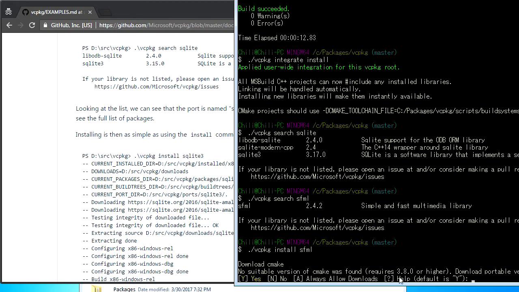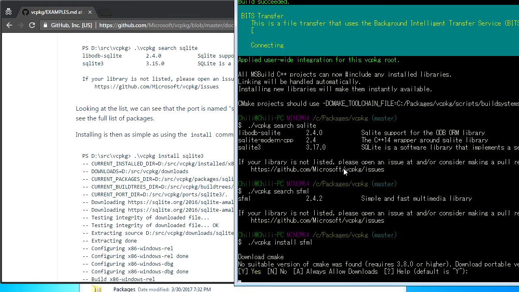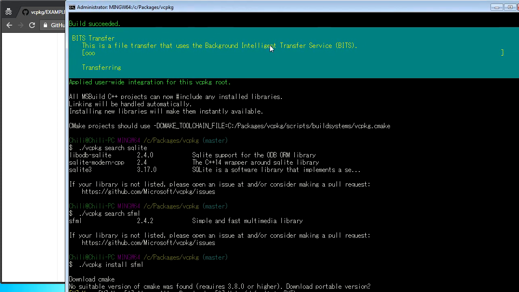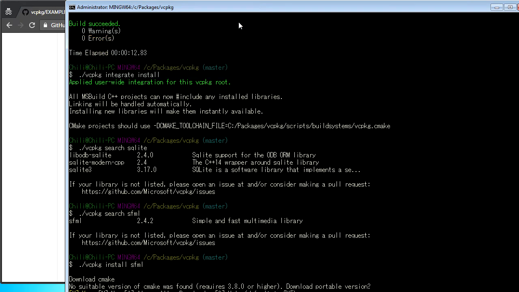Oh, so now this is when it downloads it for you, when you try to install stuff. Default is Y. Okay, I'll press enter. This is a file transfer that uses Background Intelligent Transfer Service. Okay, well, this is apparently going to take a while. All right, its download has